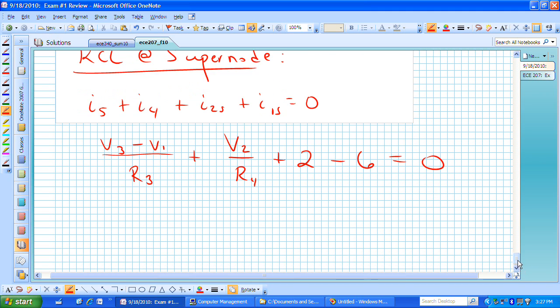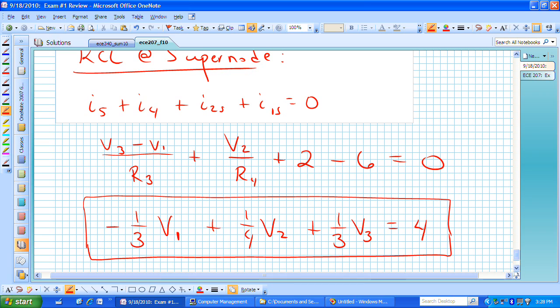We can now collect all of those terms, and the ones multiplying V1, we have a minus 1 over R sub 3. R sub 3 is 3, that's V1. The terms multiplying V sub 2 are just 1 over R sub 4, and that will then be plus 1 over 4 V sub 2. Then we have one coefficient for V sub 3, which is 1 over R sub 3, or 1 over 3 V sub 3. We combine 2 and minus 6 to obtain minus 4. If we add 4 to both sides, we'll end up with the node voltage equation, or values on the left equaling something that's forcing those on the right, and that something in this case is actually 4. That's now our second equation